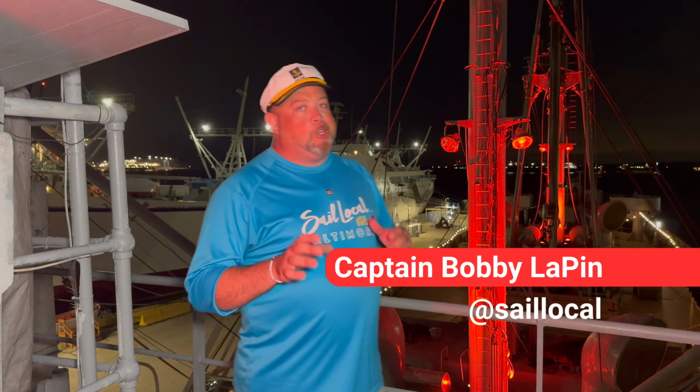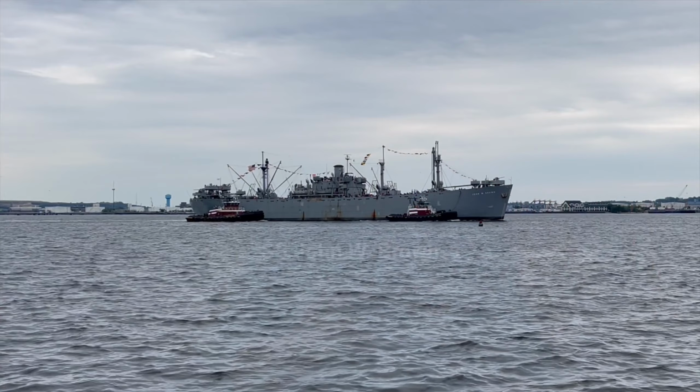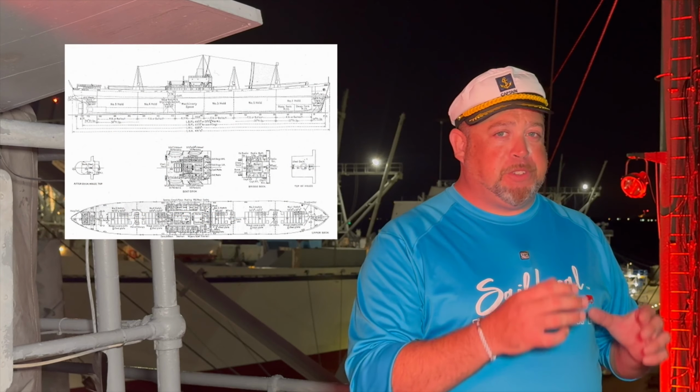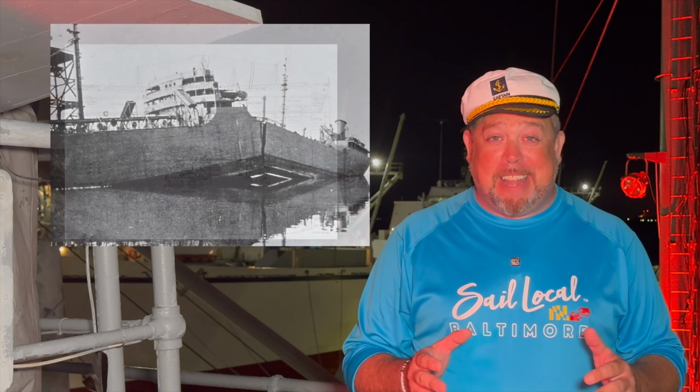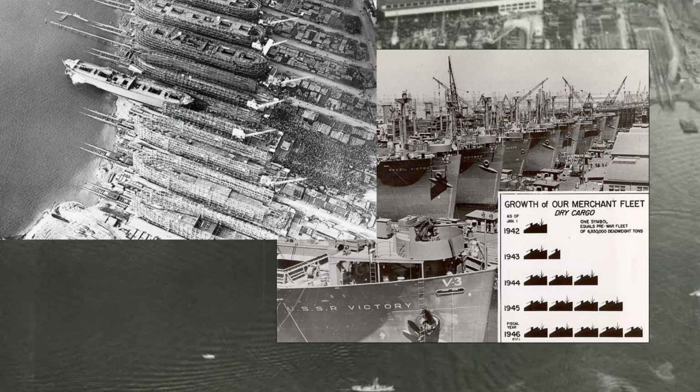Now, before we talk ghouls, let's talk Liberty ships. What made the fleet of these World War II era cargo ships so remarkable was that they weren't really remarkable at all. Now, let me explain. Nicknamed the Ugly Duckling by America's greatest generation, Liberty ships were small, they were slow, and sometimes they even fell apart. But from 1941 to 1945, the United States built more than 2,700 of these ships, christening 4 ships on